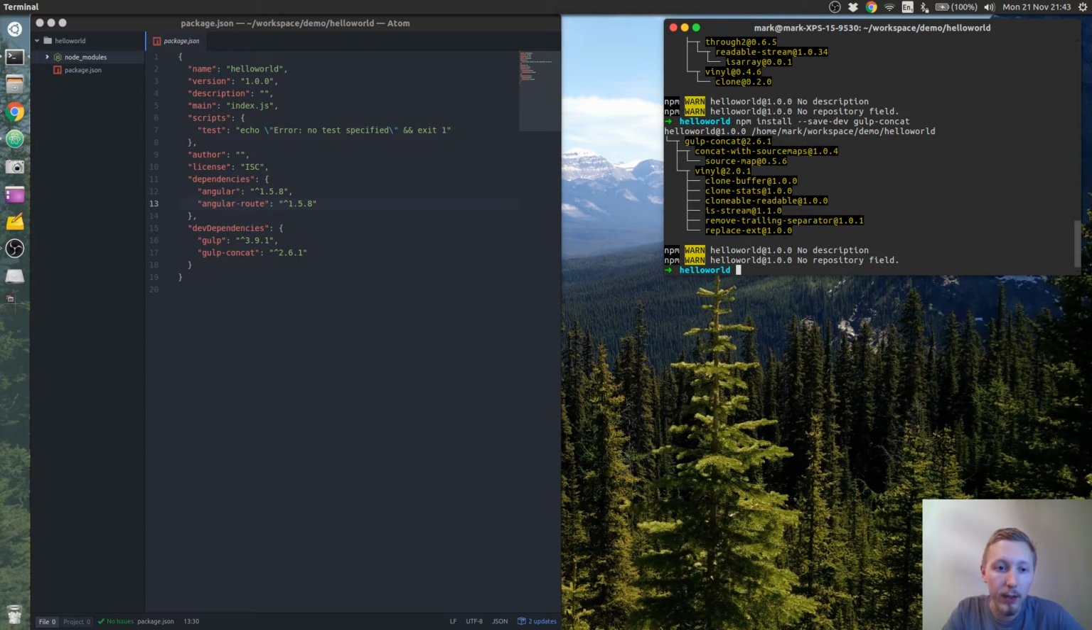So what this Gulp-concat will allow us to do is merge all of those files into one file. Gulp will do that automatically for you, and then you just import that one file into your project and you're good to go. So there's one final dependency that we're going to install, npm install, again it's a dev dependency,